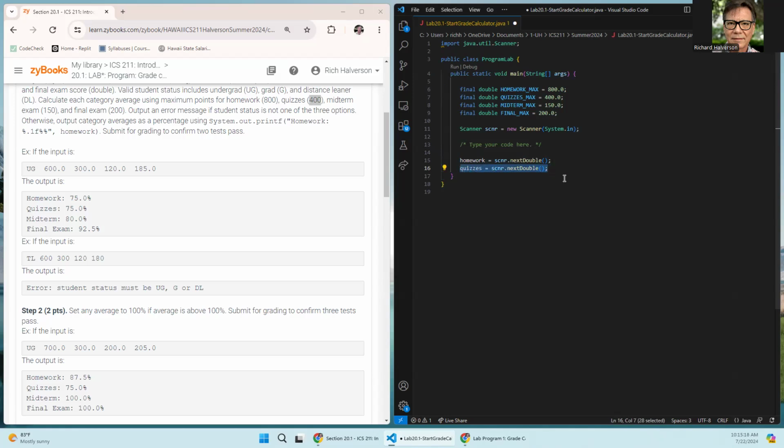I'll copy this. This is one. I'm going to call this one midterm, and I'm going to call this one final. These are the scores. Oh, I'm going to call this something else. Exam. I like the blue there. Okay, so